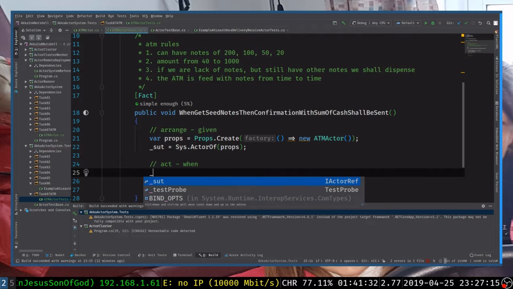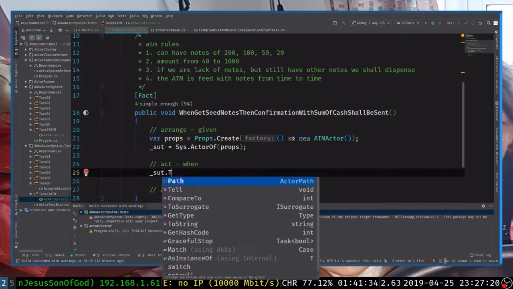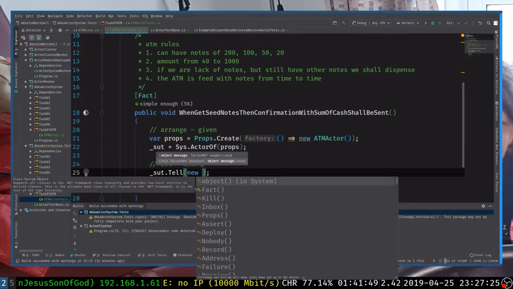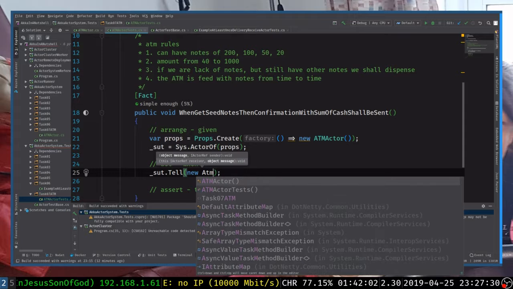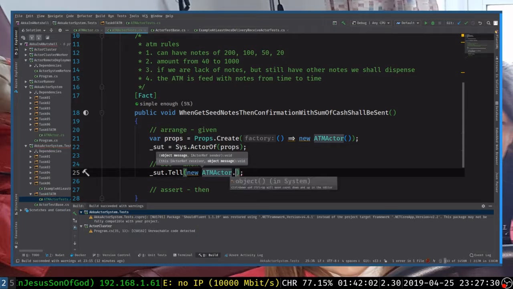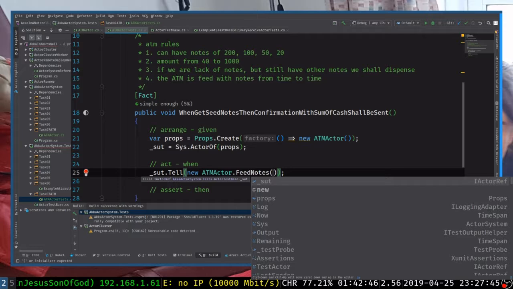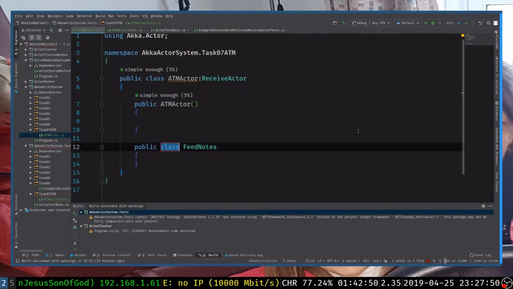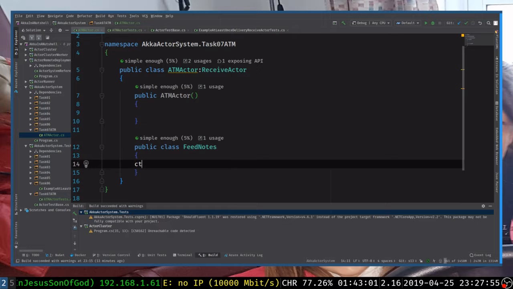So now we want to tell our actor new, and then we have ATM actor dot feed notes. Okay, and then we don't have that class. Let's create this message